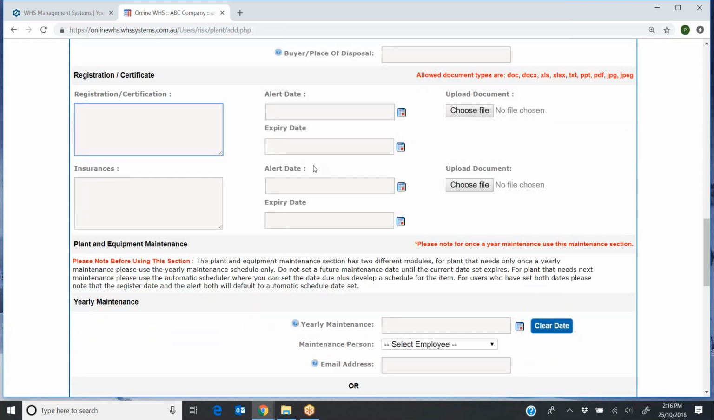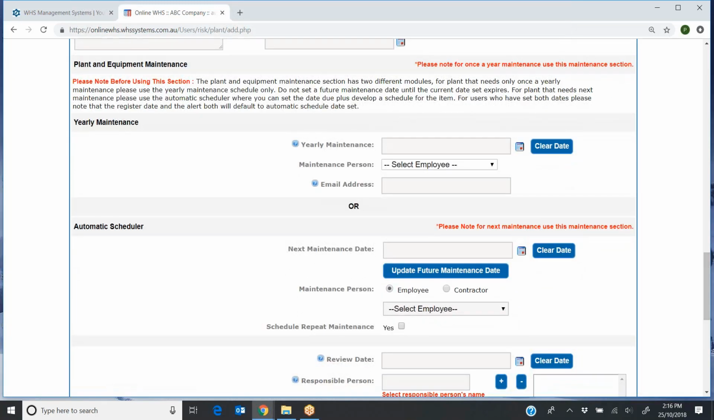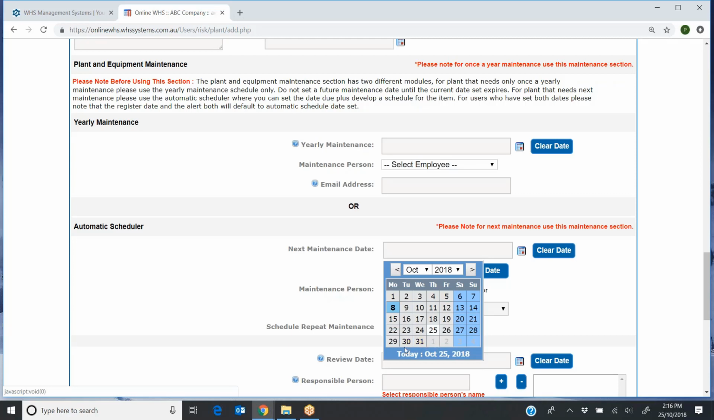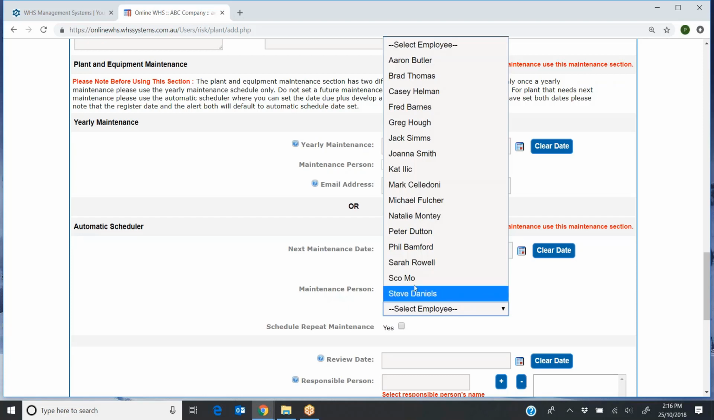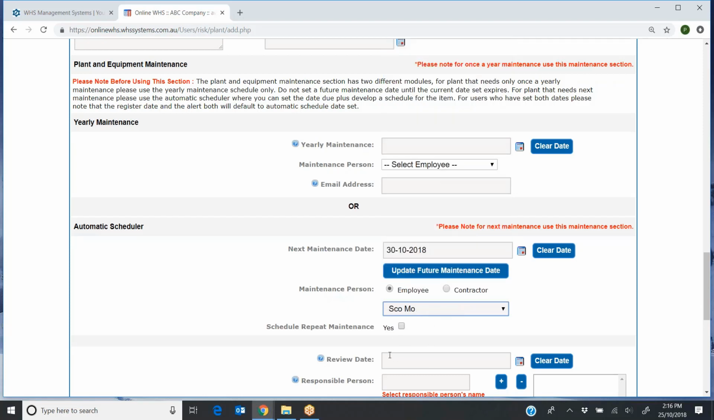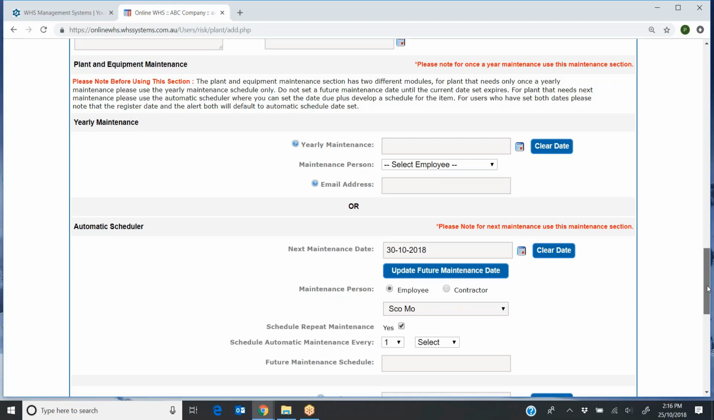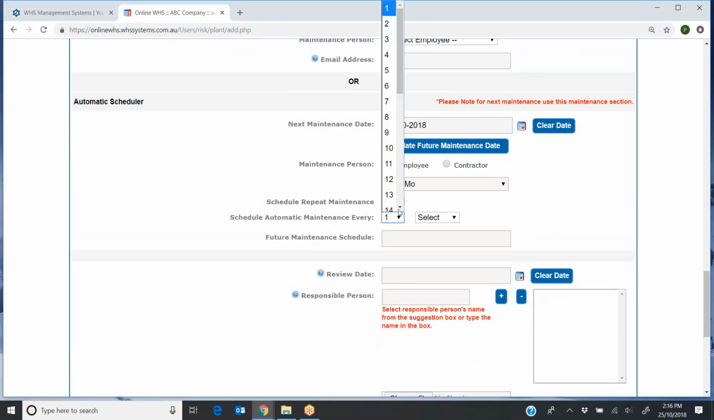You would also set the alerts in the alert section, under alert slash plant equipment. This is where the big change is going to be happening, in the maintenance section. At the moment, if you're using the automatic scheduler, you'll see there's going to be a massive upgrade relating to this section. This is the next maintenance date due. If we select a next maintenance date and update a future date, whatever it may be, then I want to use the repeat scheduler,